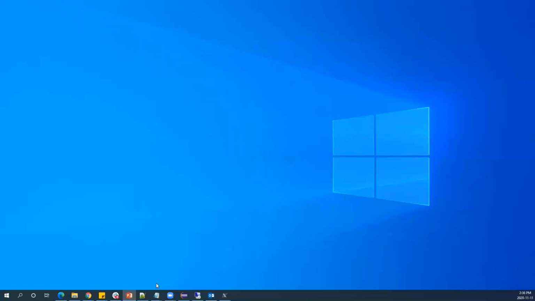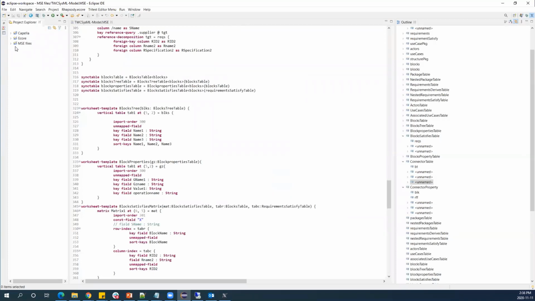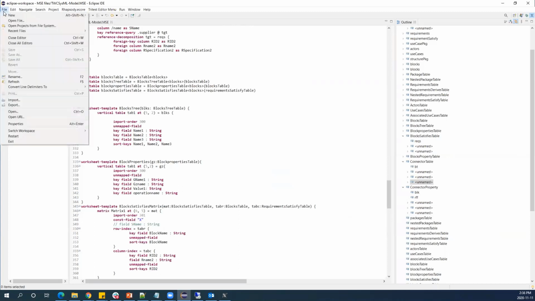So I will show you the sample creation. I have already installed the Eclipse editor, and say I want to create a sample MSC file to do the same information, like creating a package and a class. And I want to get information from the model, and I also want to create a new package and class and add it to the model. So that's the same as my use case.